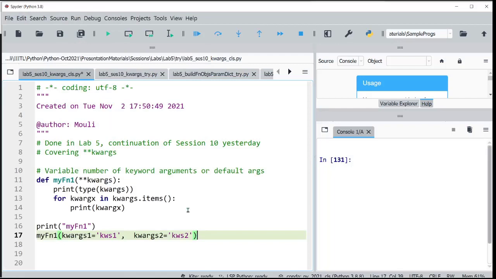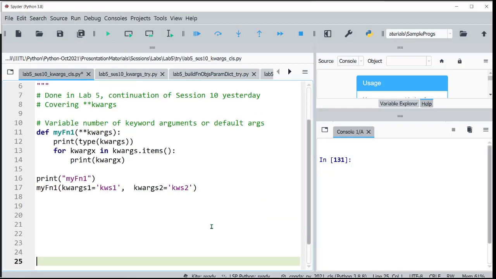I will explain the code, then we'll proceed with the understanding. Now my function has keyword arguments with double star. That means we are going to pass pairs of key value pairs, or the keyword arguments. Now inside that I want to verify whether this is coming in as a dictionary as it claims. I am printing the type of what is coming in, and then you know how to access each of the